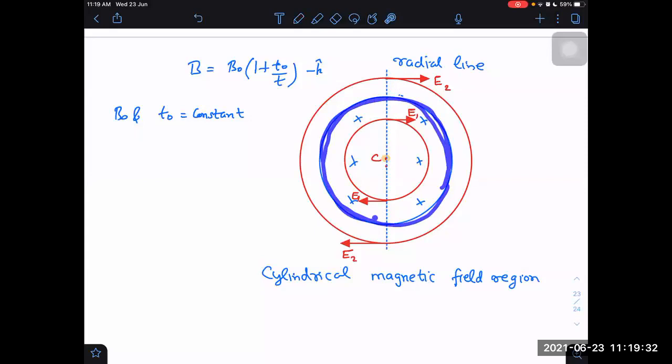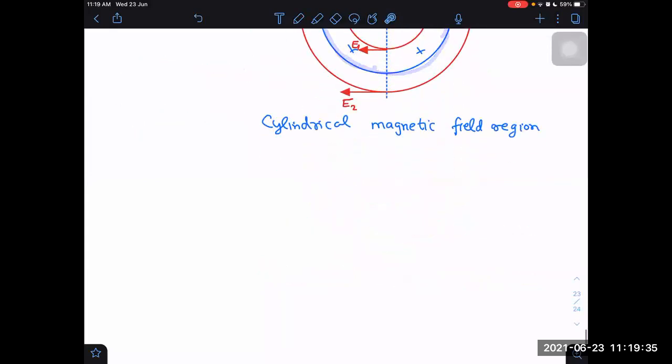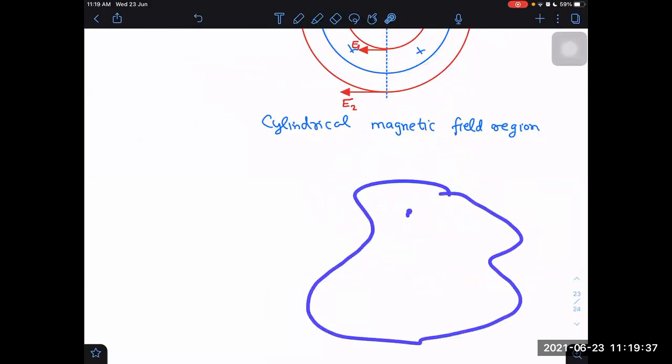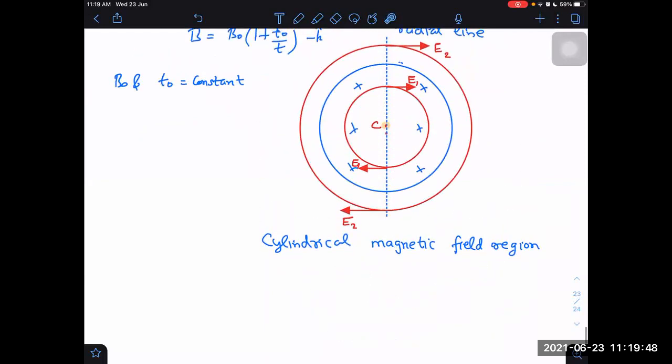It is a cylindrical magnetic field region. If I don't have a cylindrical magnetic field region, if I have some other complicated shape, then I don't know what will be the shape of electric field lines. Maybe those also will be in complicated shape. That could be some loop, but what that loop is, we don't know. But there will be some loop. Why am I sure that electric field lines will be in closed loops? Reason is there is no positive charge present in the space here. There is no negative charge present in the space. So it cannot be coming from positive and ending at negative charge. So definitely it has to form some closed loop.